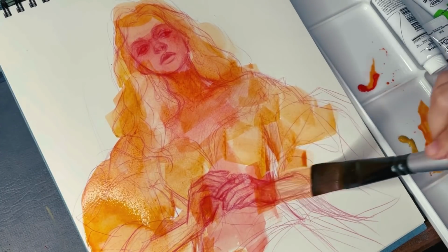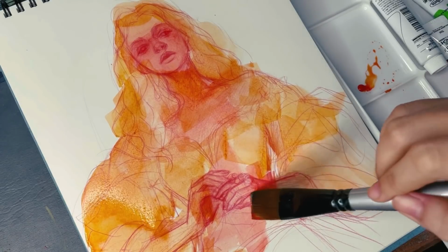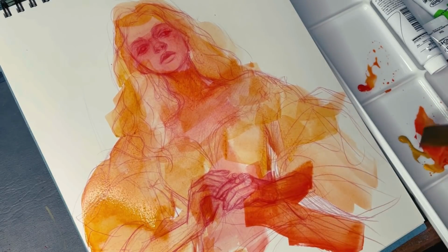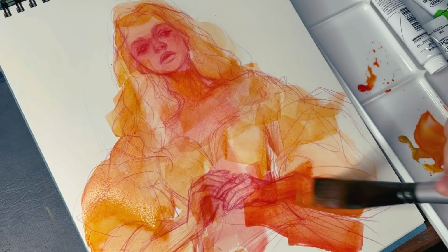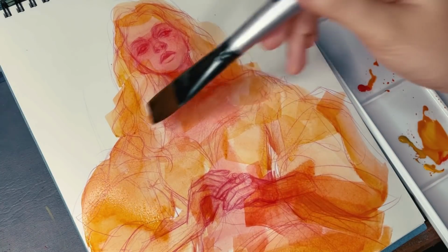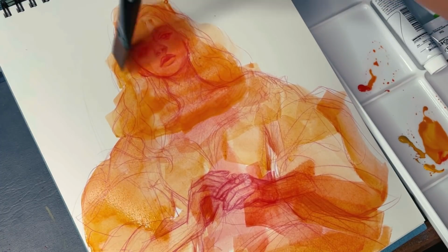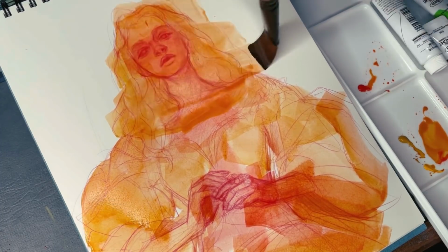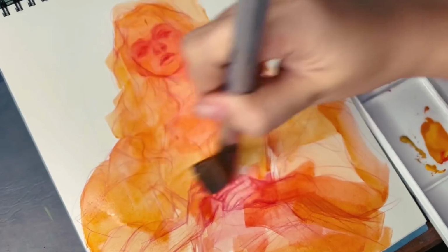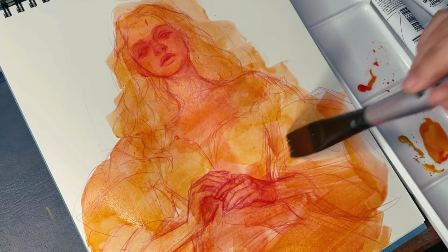So with gouache, I feel like the higher the quality it is, the closer it will feel to watercolors when you're really watering it down. And I feel like it's the same for this one. They really worked like watercolors, and they worked amazingly well when you add a lot of water to them, which I wasn't expecting. And I just realized that I forgot to use my other 1-inch brush for the first layer,